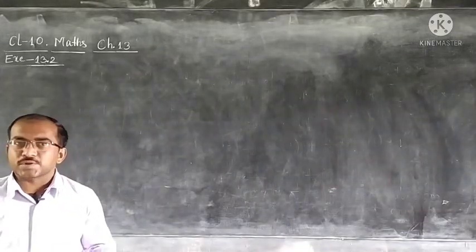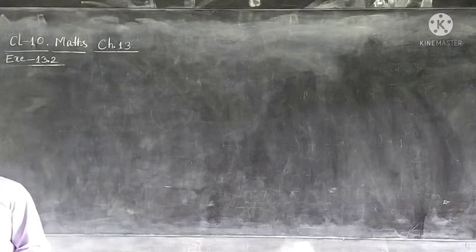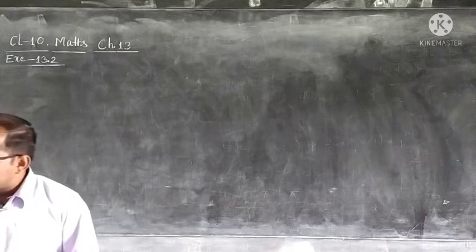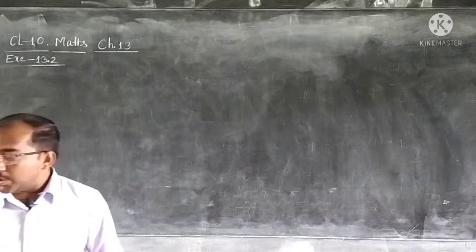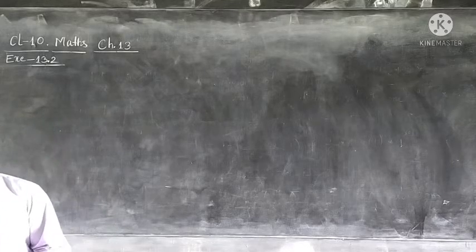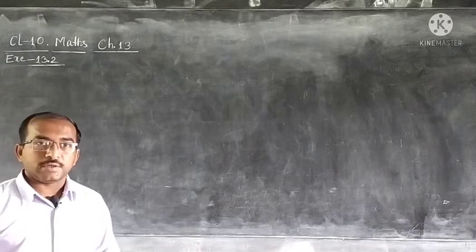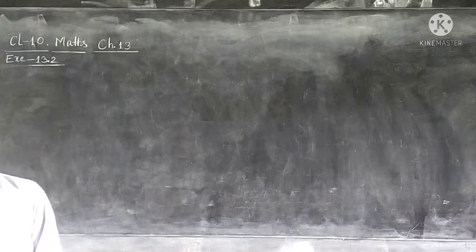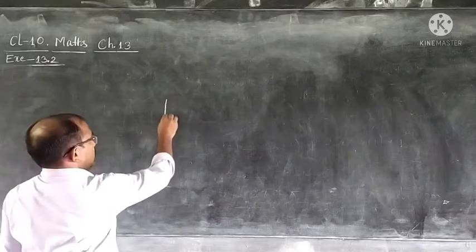Now, let us read first question number 2 and understand it. Question number 2 is, Rachel, an engineering student, was asked to make a model shape like a cylinder with 2 cones attached at its 2 ends by using a thin aluminum sheet. So, what is that? A cylindrical model and then both ends are conical. So, the solid looks like this.